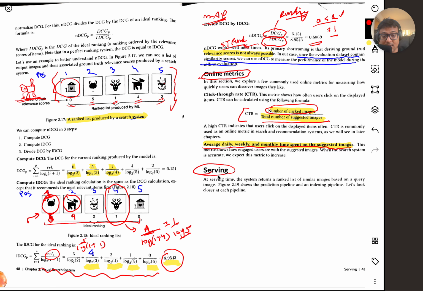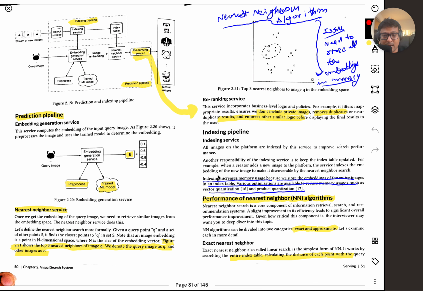Okay, so let's talk a little bit about that. There are two ways. One thing is that, for example, you have an input image, and you want to know how good it is. You want to compute something, you want to compute rankings in it. Let's say you have a database of a million images in your inventory,